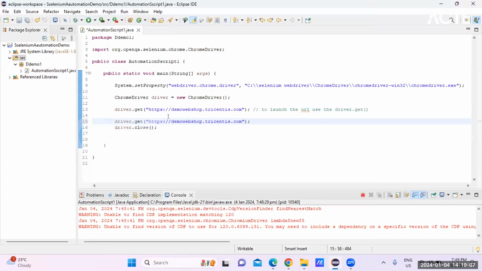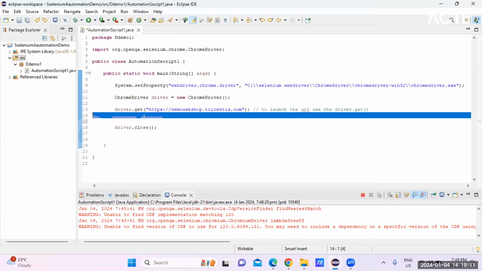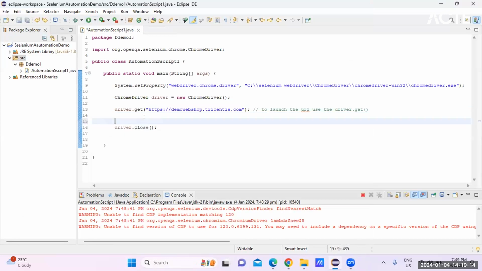Can you observe what happened here? Tell me what each line is doing. What we are doing here is asking Chrome driver to launch this URL, and then it is closing automatically. But if you observed, the driver is not maximized, right? It was in a minimized state. So we have to set a method, driver dot